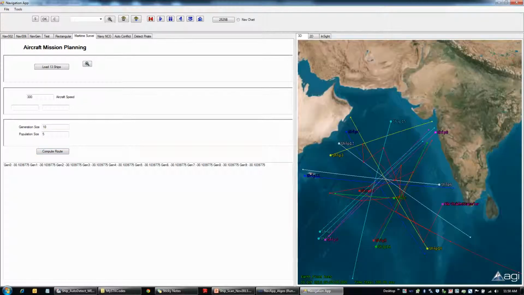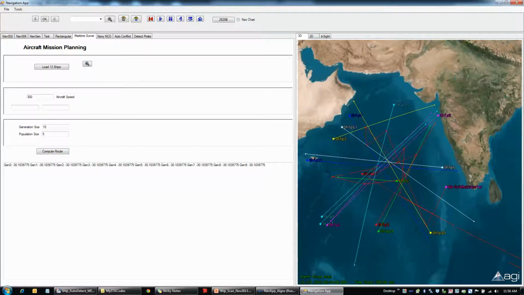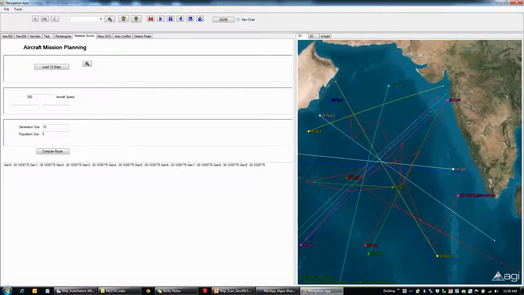Okay, it is done now, and now what you can see is, from this aircraft carrier, if I start animating, you can see that there is an aircraft which starts from the aircraft carrier and it is moving towards ship 1, and this ship, ship 10, has already started moving, and the direction in which it starts to move is exactly in the direction the ship reaches.